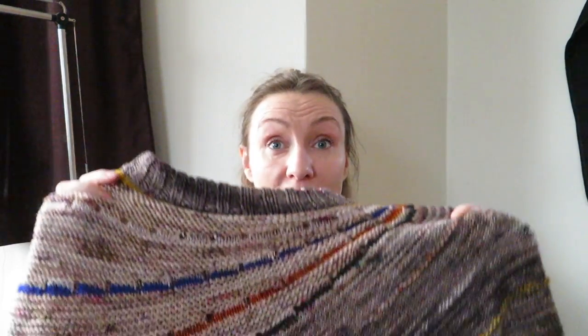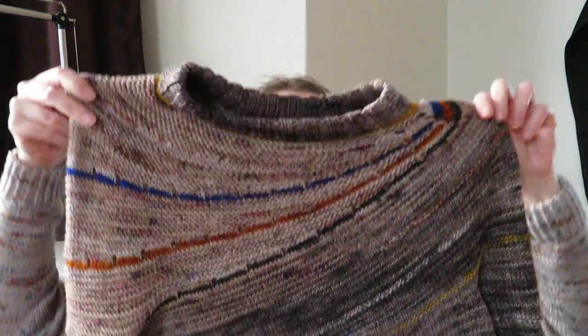And then I also finished my Enchanted Mesa sweater. I was wearing this one yesterday. After I finished it this weekend, I think on Sunday, and then I washed it and blocked it on Monday. And then I wore it yesterday, which was Tuesday. And after wearing it for a whole day,